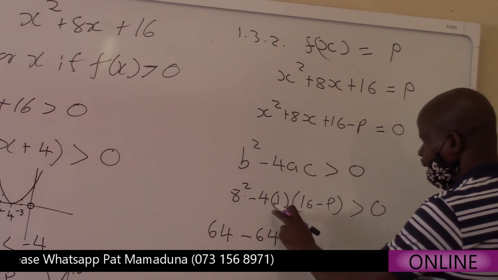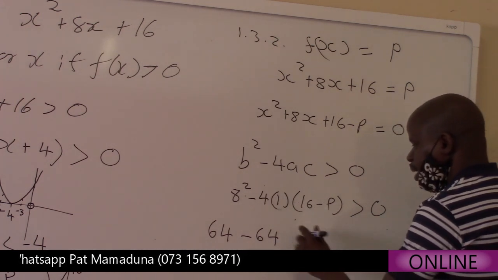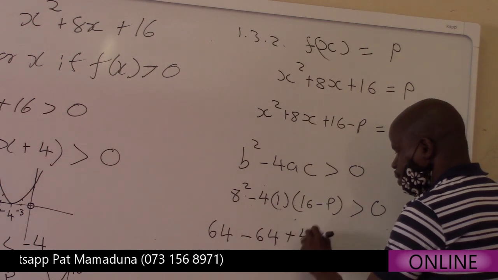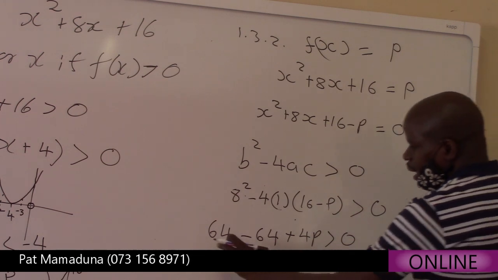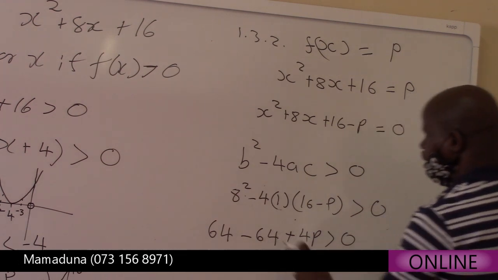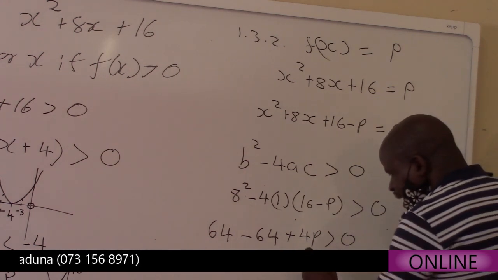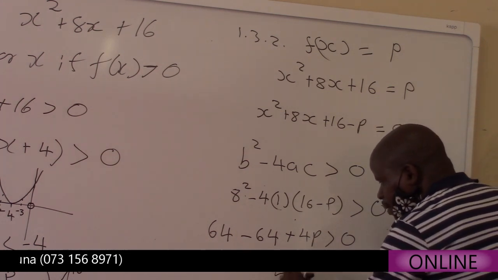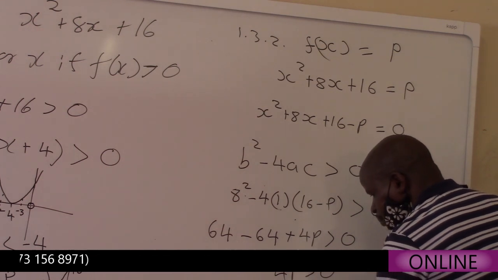Then now we come to say negative 4 times negative p, which is positive 4p, should be greater than 0. So then here the 64 minus 64 is going to give us a 0. So it means that here we are having 4p greater than 0, whereby when we divide by 4, we'll have